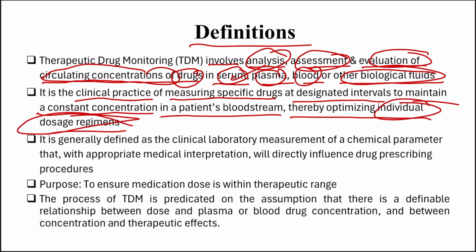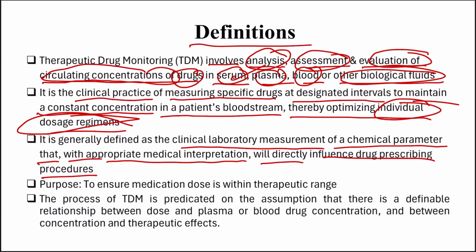It is also generally defined as the clinical laboratory measurement of a chemical parameter that, with appropriate medical interpretation, will directly influence the drug prescribing procedure. So therapeutic drug monitoring can be defined in all these three ways. We can have three different definitions, and all these definitions are considered true. So what is the purpose of doing therapeutic drug monitoring? It is to ensure the medication dose is within the therapeutic range, that is, it should not cause any adverse